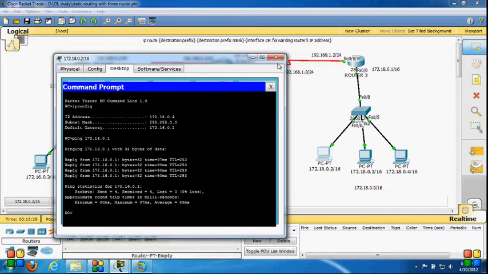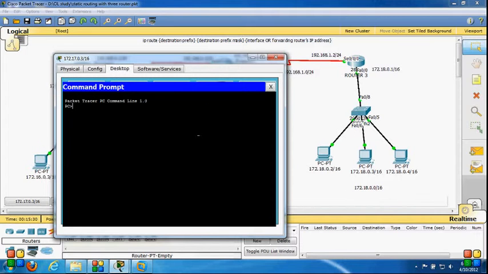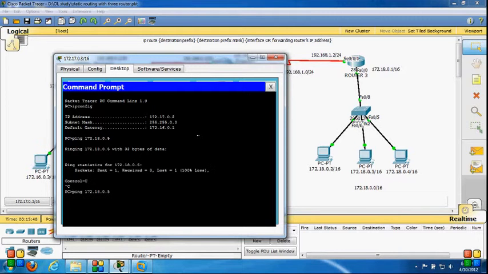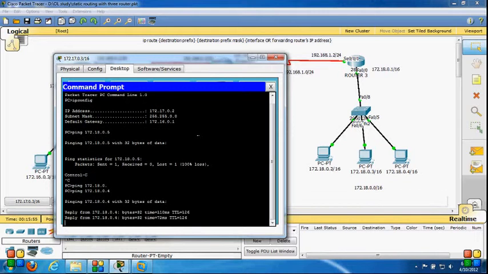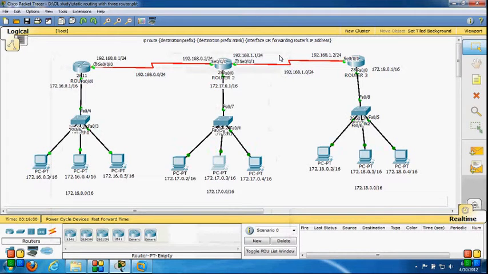Now I can also ping from this PC to anywhere, so I can say that my static routing is successfully configured. I'm also trying to ping 172.18.0.5. Okay, 5 is not here, so I'm trying to ping 4, and I'm getting a reply from 4. So this is static routing.